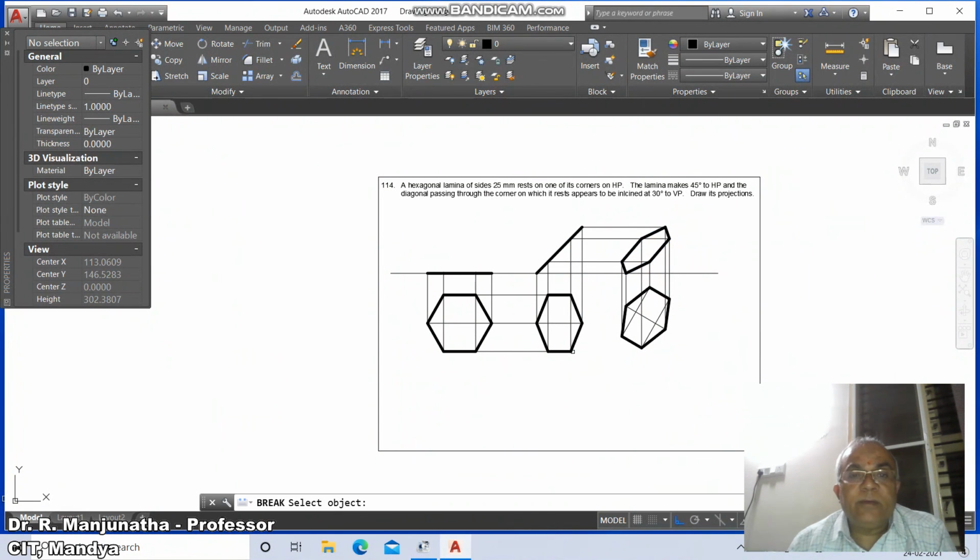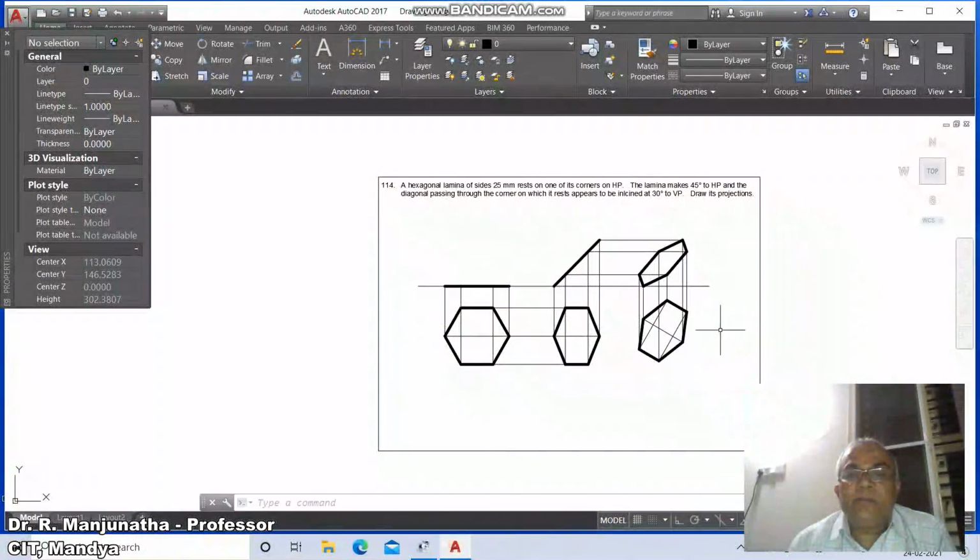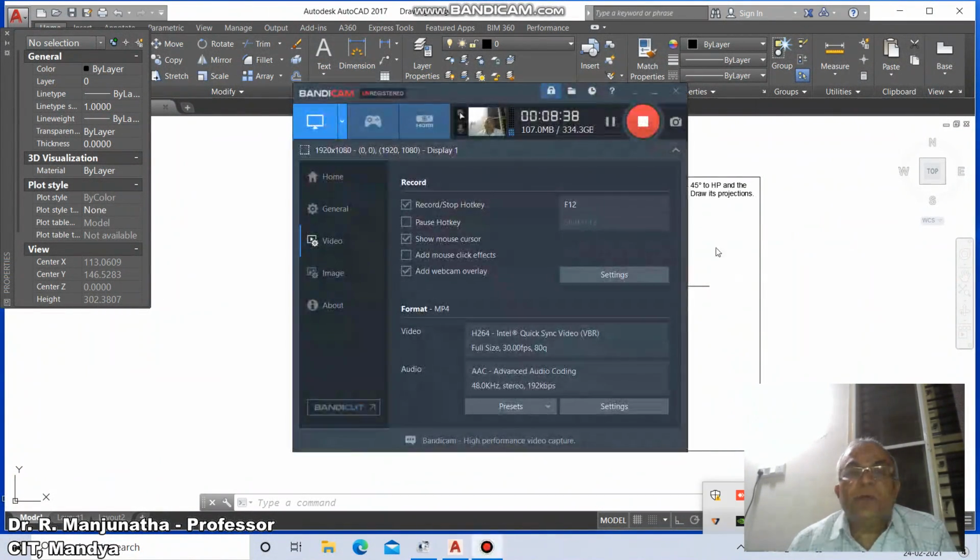Then go to break this till here. Similarly you break this till here. Then go to move, select this entire drawing and switch off the ortho mode and place it wherever you want. Then go to